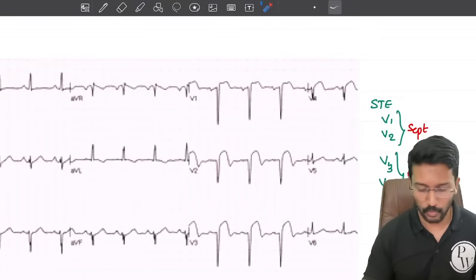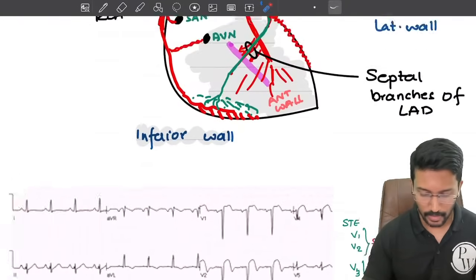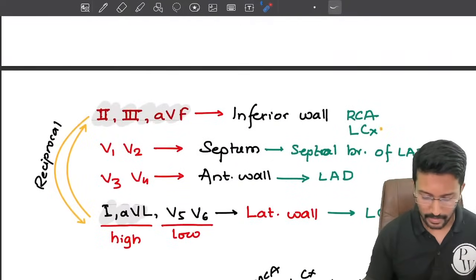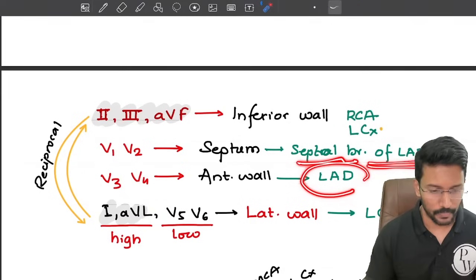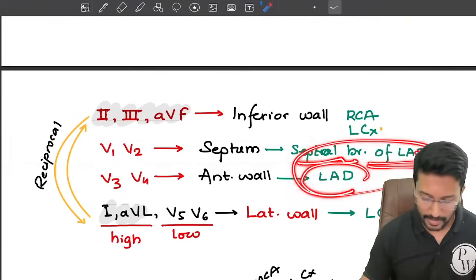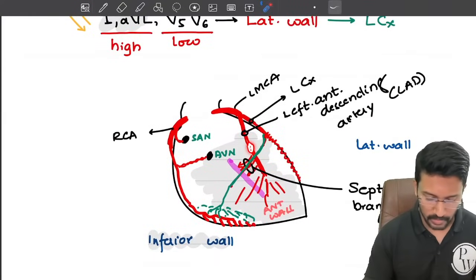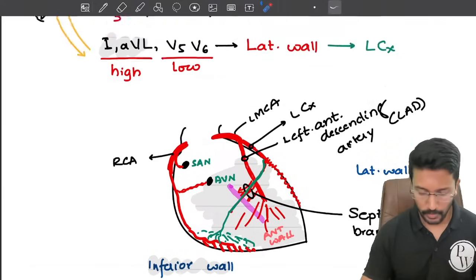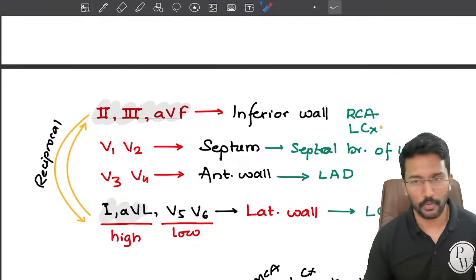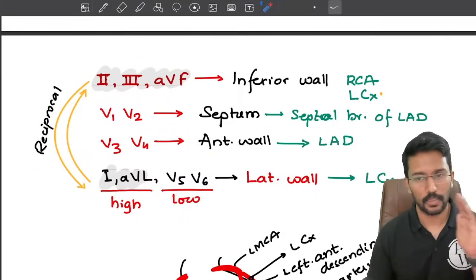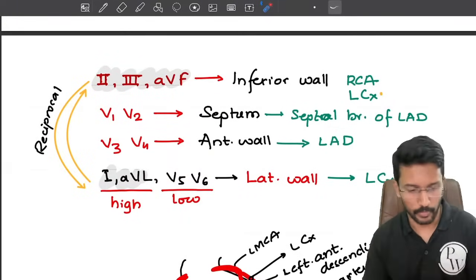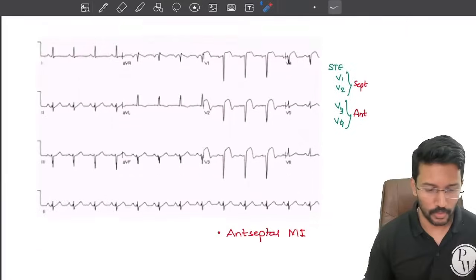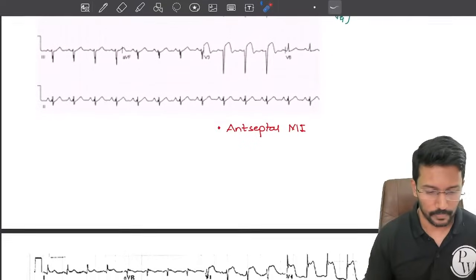So which blood vessel is most likely the culprit in this case? Anteroseptal MI, right? Anterior is supplied by the LAD, and the septum is also supplied by branches of the LAD. So I can say that it is primarily LAD block which is responsible for the septum and anterior wall getting affected, right? So this is one table which I want you to memorize: the leads, which wall, and what is their blood supply. This will ensure you that you will most likely